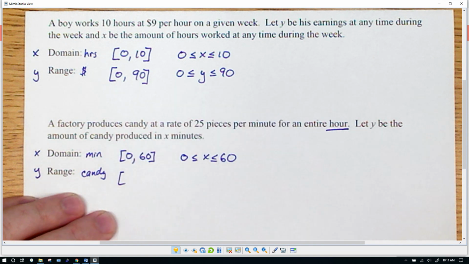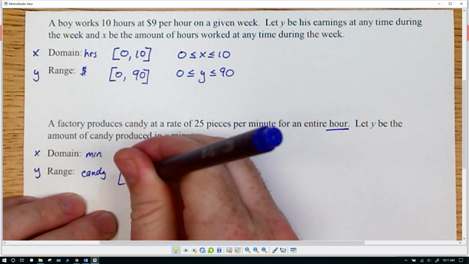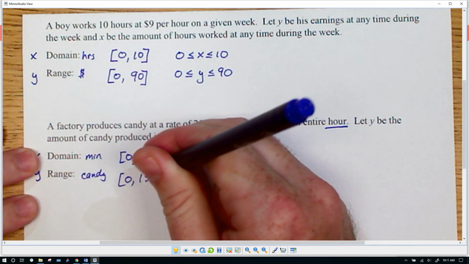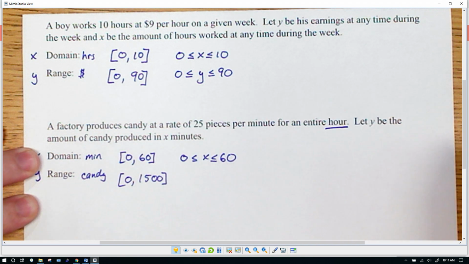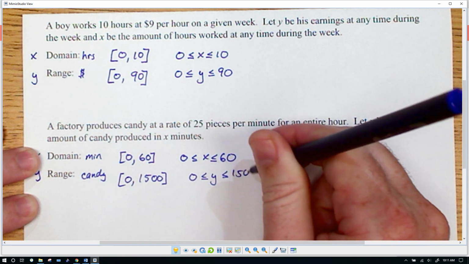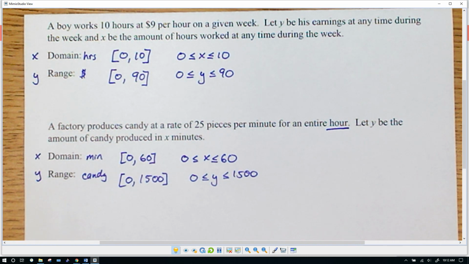So we're going to have 0 pieces of candy made. And then we're going to have to multiply 25 times 60. And that is 1,500 pieces of candy. So 0 is less than or equal to Y, which is less than or equal to 1,500. Okay, that's how we do domain and range for some word